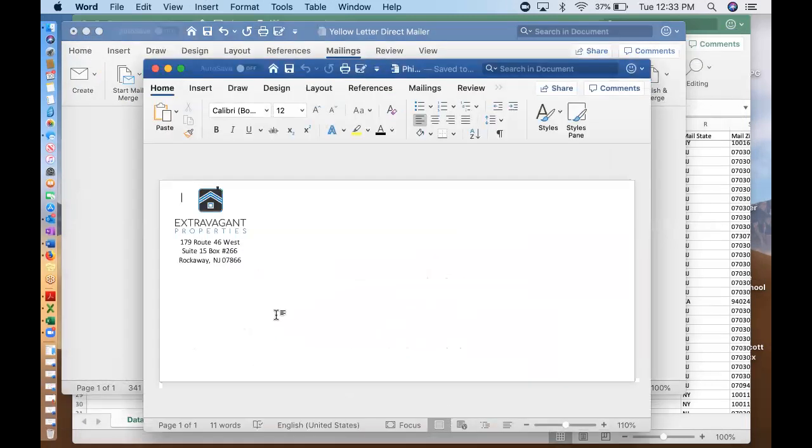Now, Phil and I kind of have differing opinions about this. He thinks that we were using this envelope design as our first round mailers because it's branded. But that second envelope that I sent you, I personally think it's smarter to use that as your first round mailer because